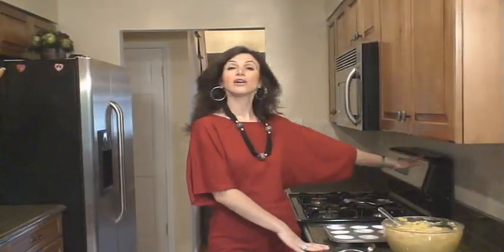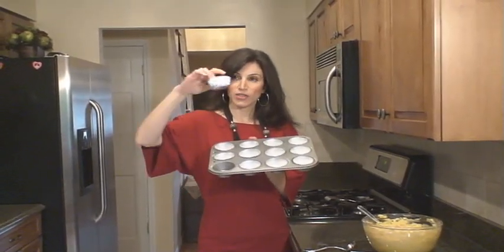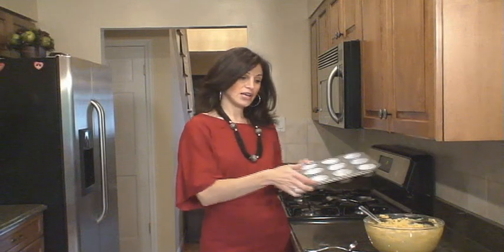Okay, so we've preheated our oven to 350 degrees. I have my cupcake muffin pan with the liner here, and we're gonna fill it 3/4 of the way full. But I just want to let you know one thing. Because of this whole 1 hour requirement, I did cupcakes, but it does not exclude you from doing your pumpkin cupcakes as a cake. A 13 by 9 inch pan, cook it 40 to 45 minutes,